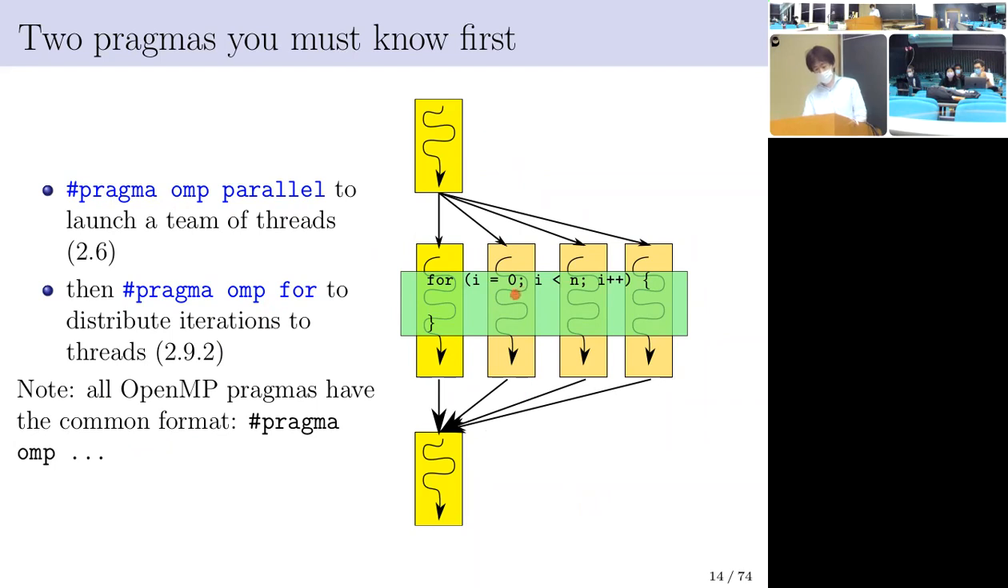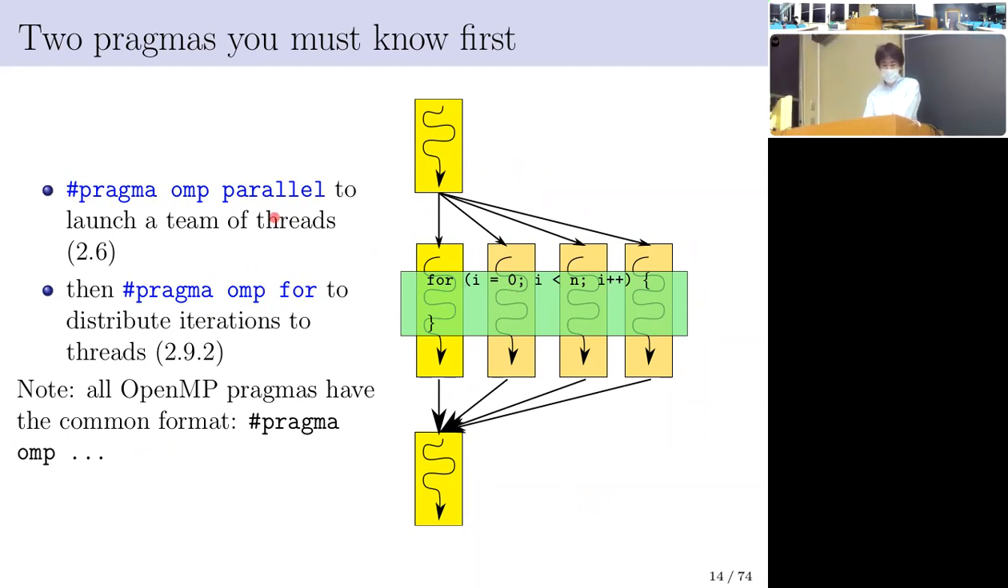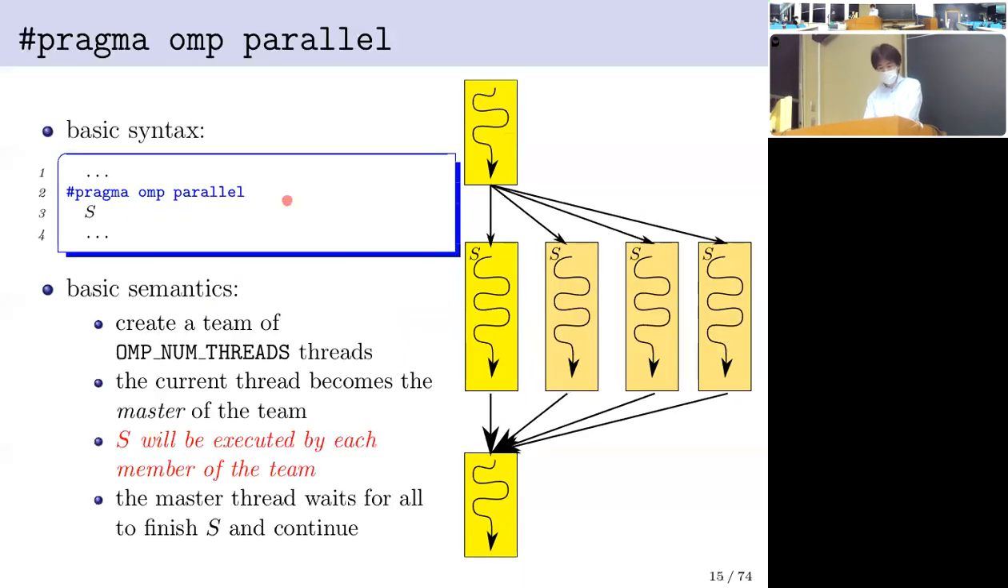And this is what happens overall. These two things are often used together, but it's still important to understand what each of them actually does. So let's get started with this parallel thing. Here's the basic syntax. You have an arbitrary C statement, and if you insert this pragma omp parallel just above any statement, what happens is that you create